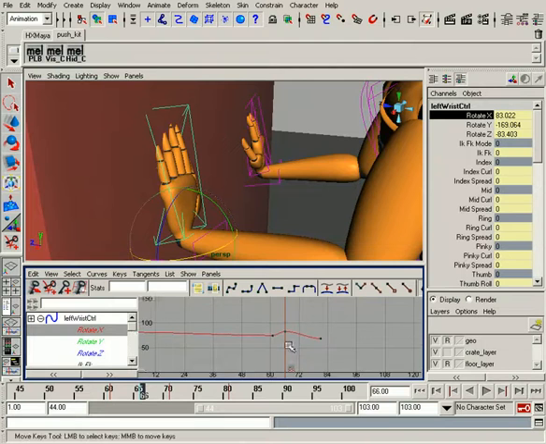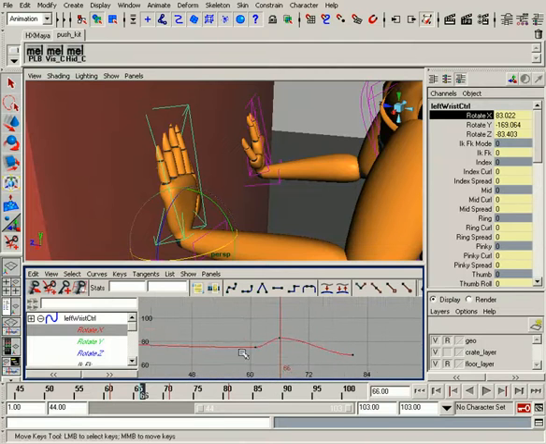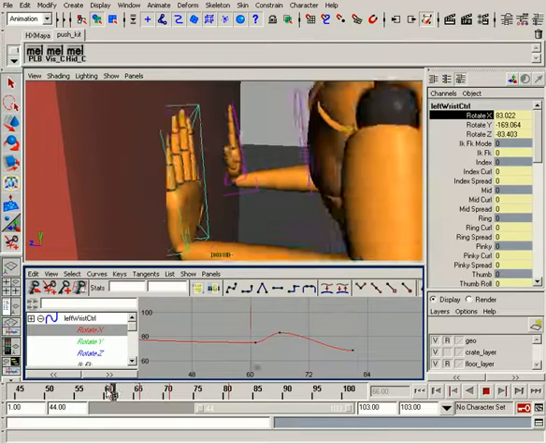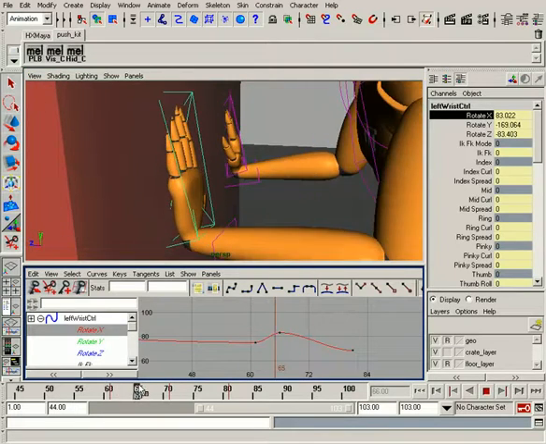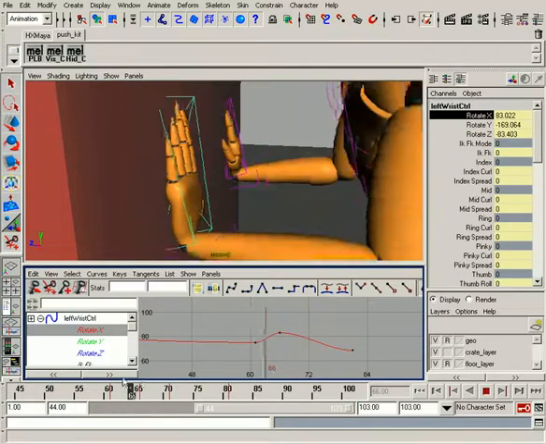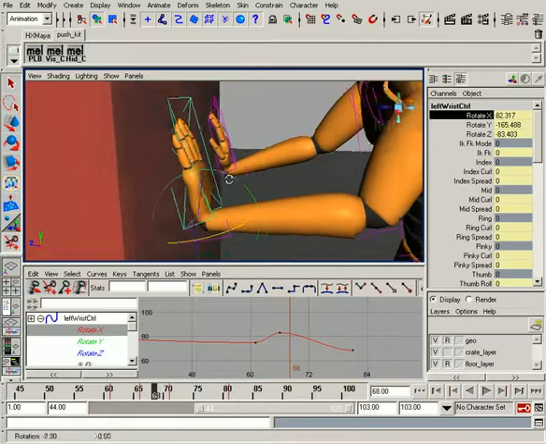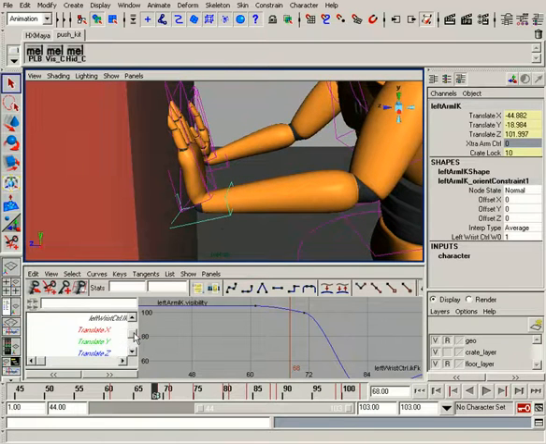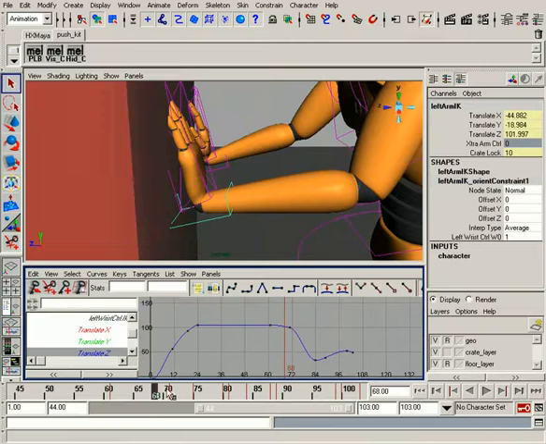we could even check out our key to see how that's looking, see how the range is looking there. Okay, so that's looking pretty good. And then when we scrub through, notice, okay, we're getting some nice motion as the character is pushing off. Great. So with that done, we can now go ahead and work on the translate Z of our arm as